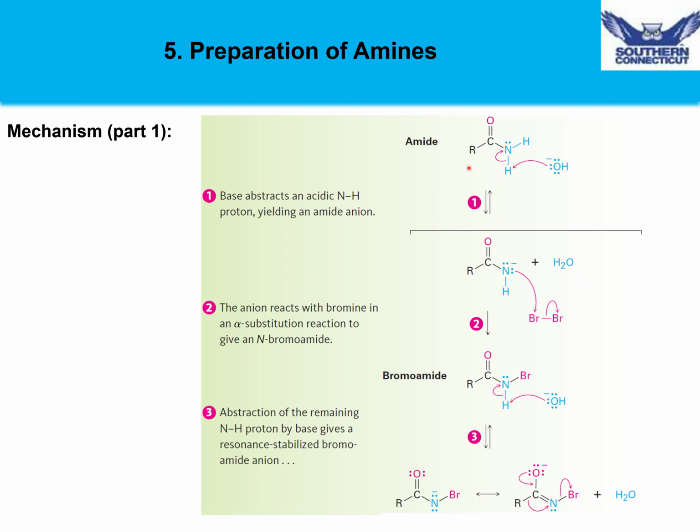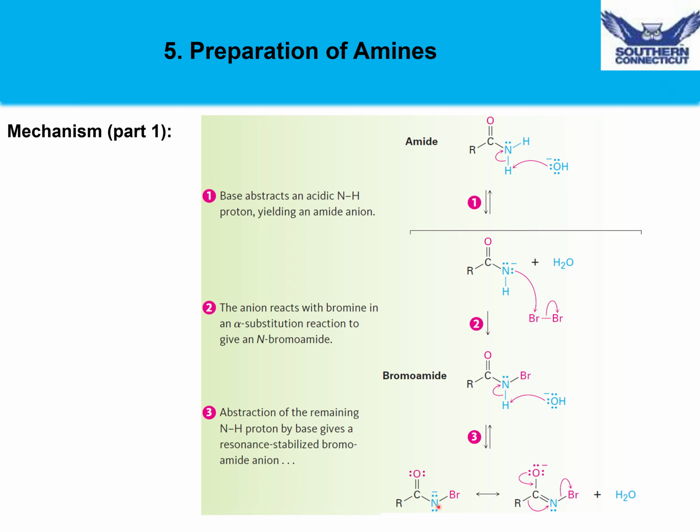The mechanism of the Hofmann rearrangement involves adding base to an amide. It removes one of the hydrogens on the nitrogen, giving us a negatively charged nitrogen, which is a great nucleophile, which could attack one of the bromines of bromine, eliminate the other one. This gives us an intermediate called an N-bromoamide. The base will then remove the other proton, giving us again a negatively charged nitrogen, which can now trigger the